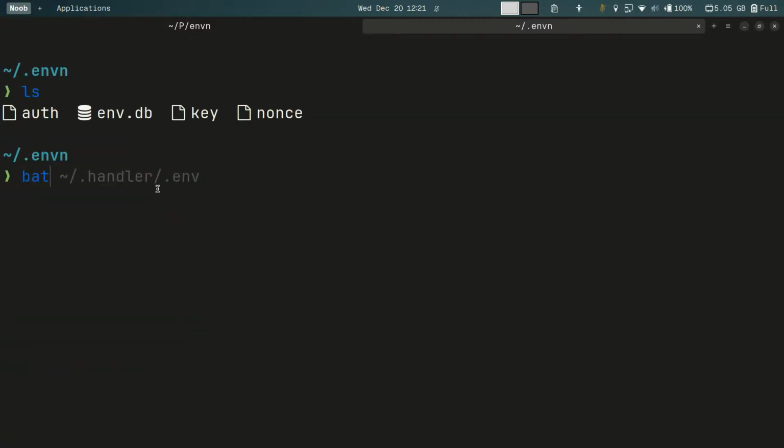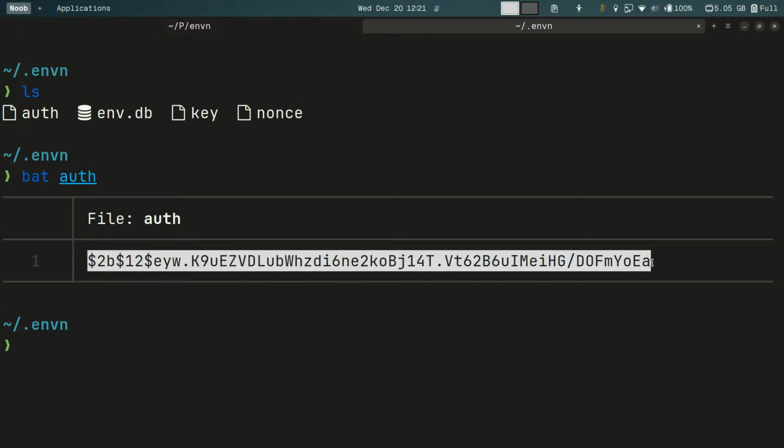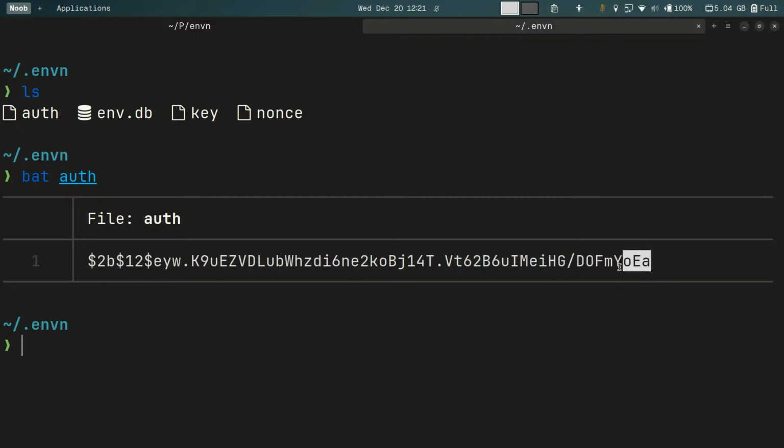And the auth is something I'm not proud of because it stores the hashed value like this, which is not at all the most secure one. And I mean, come on, I know a little bit about Kali Linux and stuff like that to identify this part of it to mean hello. I don't understand this, by the way. This is just 2B12 EYEW, seems familiar to me. But anyhow,